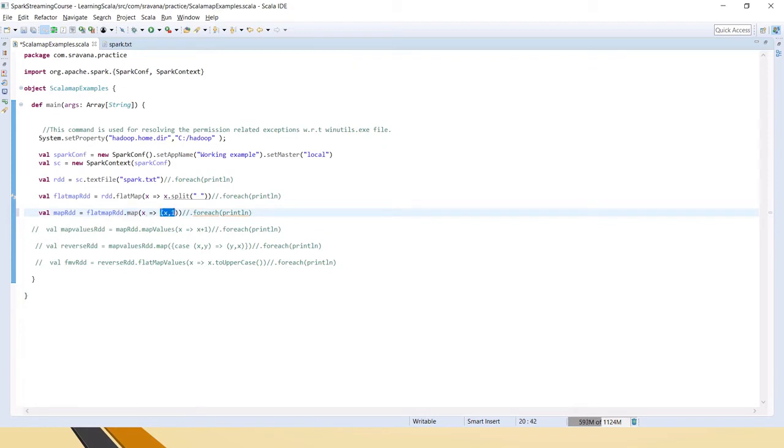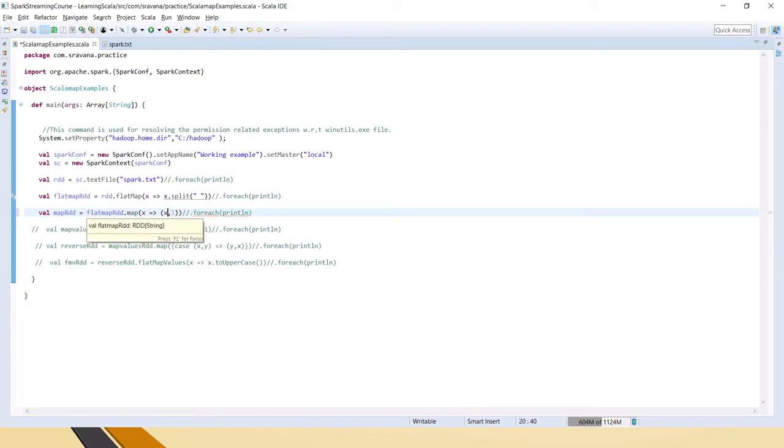Not only this, with x dot you can perform any kind of operation like toUpperCase, toLowerCase, compare, or equals, and whatever function you mention here will be applied to each and every element in this RDD.